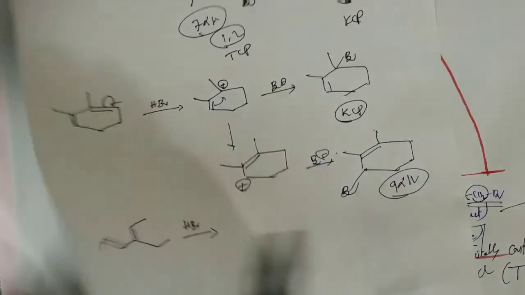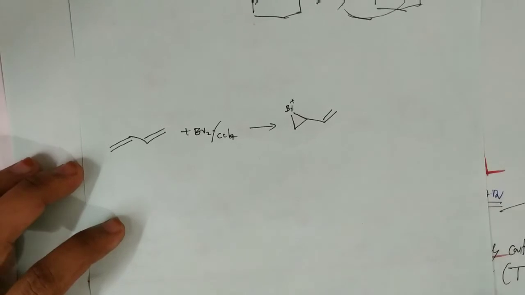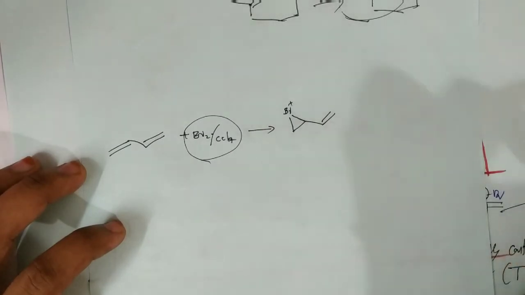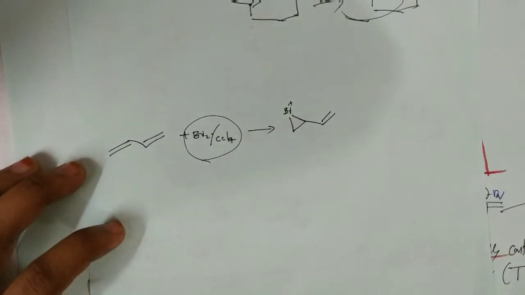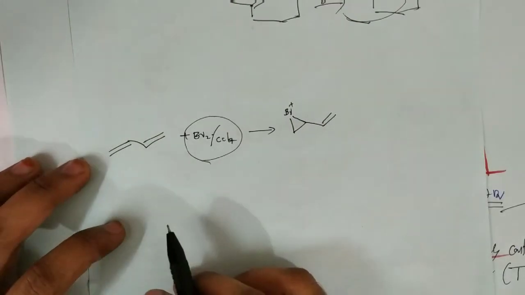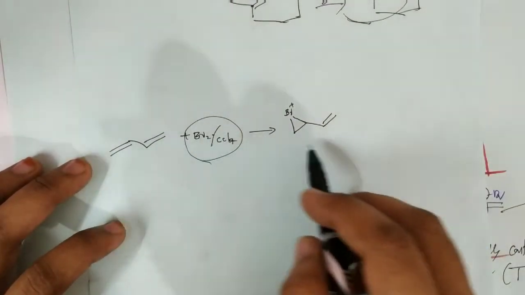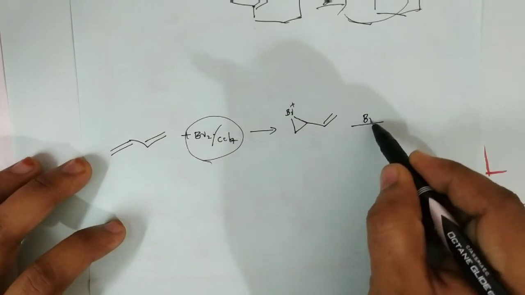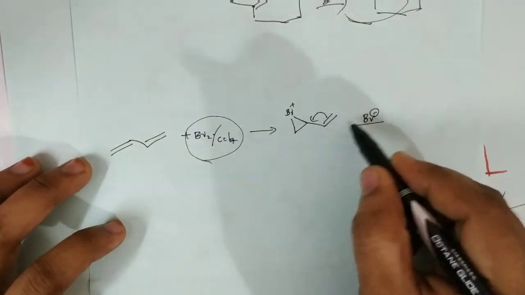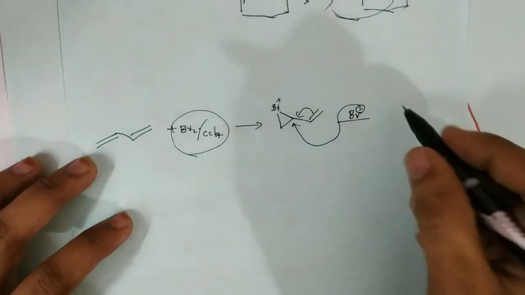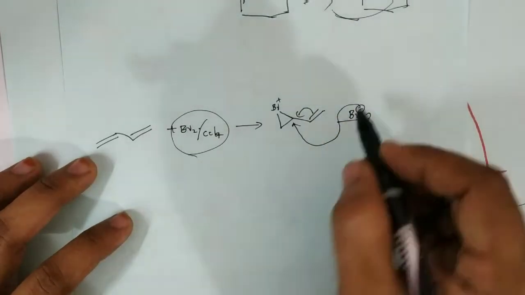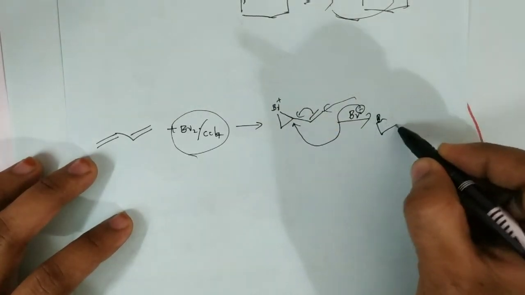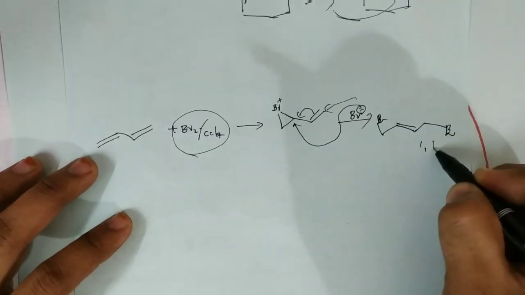Okay, that's it. And now the addition of the Br2 molecule. In this case, the addition of the Br2 molecule also takes place in the fashion like the HBr addition product. First of all, a cyclic bromonium ion is formed as in the case of a monoalkene. Next, Br minus may attack either at this terminal carbon, or at this carbon. There are two chances. If the Br minus attacks this terminal carbon, the pi electrons transfer to this one. So here Br, this double bond, and Br. This is the 1,4 addition product.